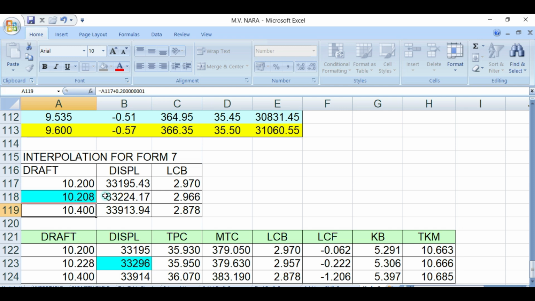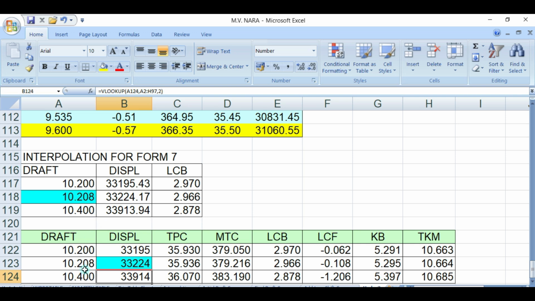Okay, the displacement will be 33224. So we'll just put this one like this, equals, then press enter.